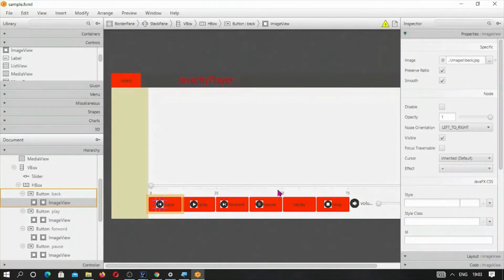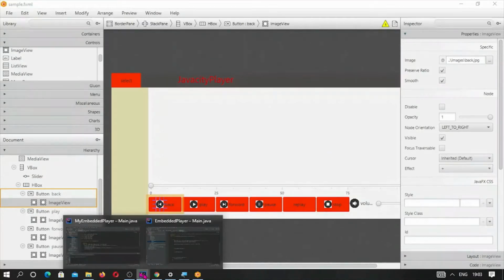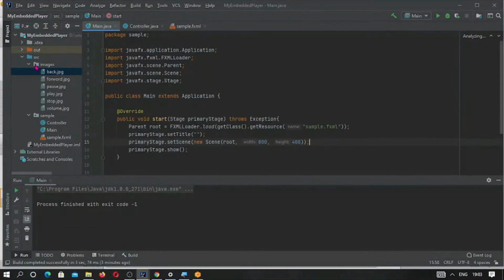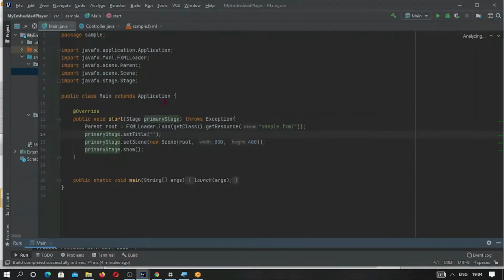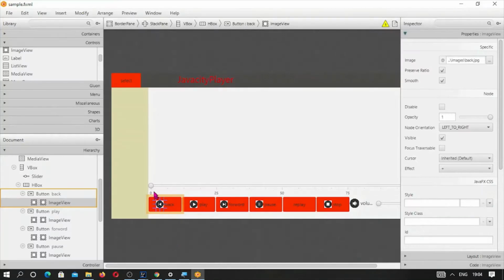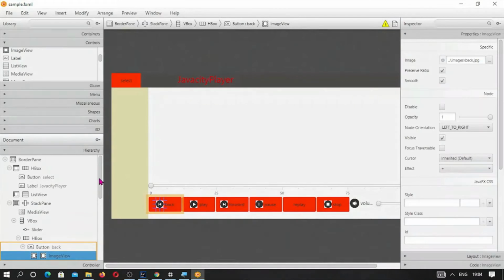Already I have downloaded all the images and created a folder images, and all the images required are kept inside this folder, and we have given the reference from the sample.fxml to all these images. Okay, and this will extend to application. So here you can see the parent root. So what is parent root here? Parent root is the main root, main node.